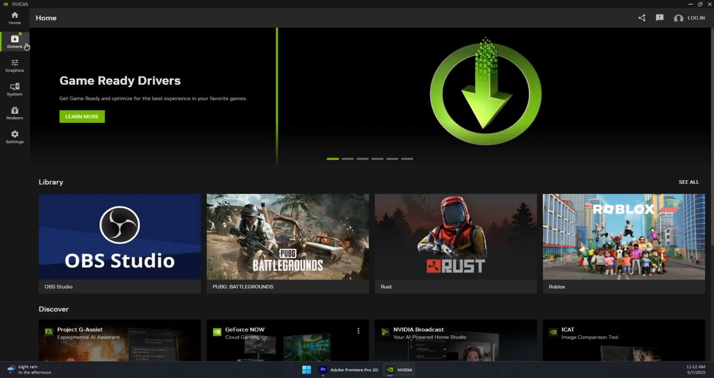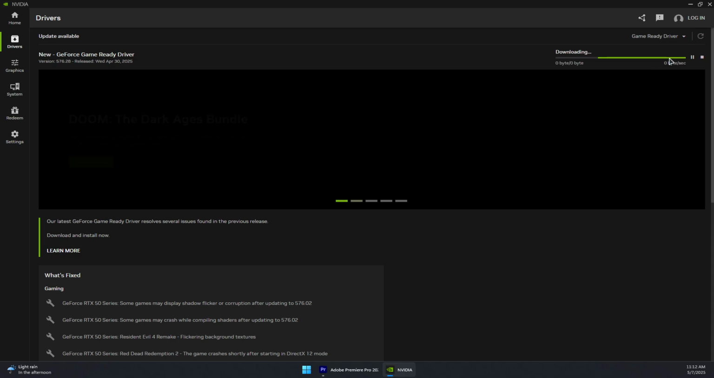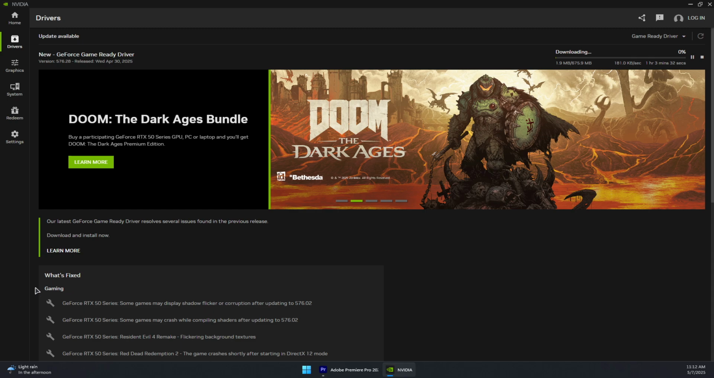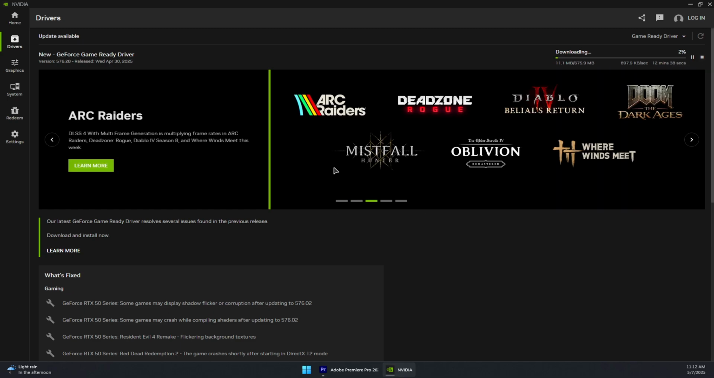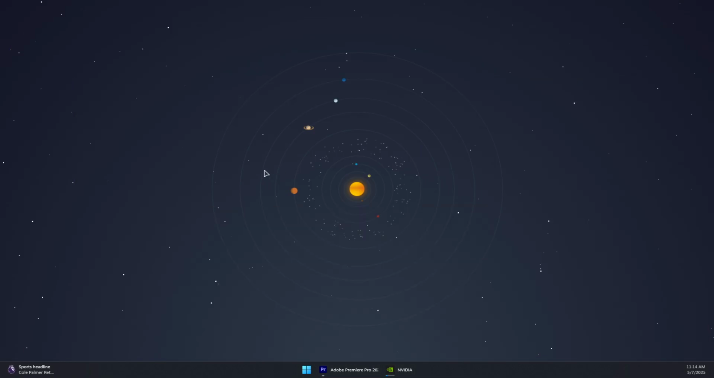Now, under the drivers section, you should see if there are any updates available, like this one. Then you will simply click on download to start downloading the update, and then click on install to start installing it. Now, once you finish downloading and installing your graphics card drivers, you'll simply need to go to system settings,